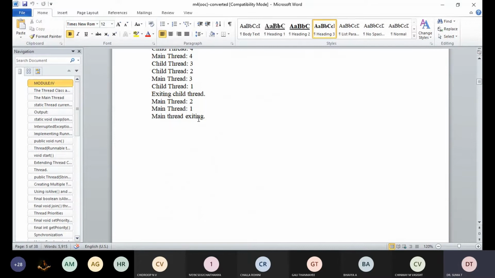In fact, for some older Java virtual machines, if the main thread finishes before the child thread has completed, then the Java runtime system may hang. So what happens if the child completes its work before the main thread? The Java system is going to hang.